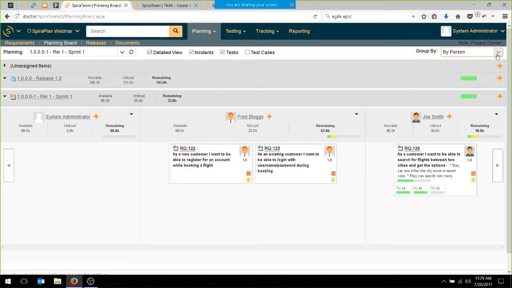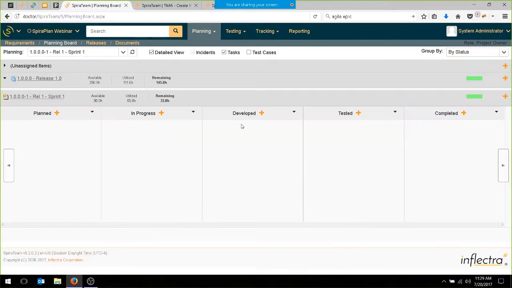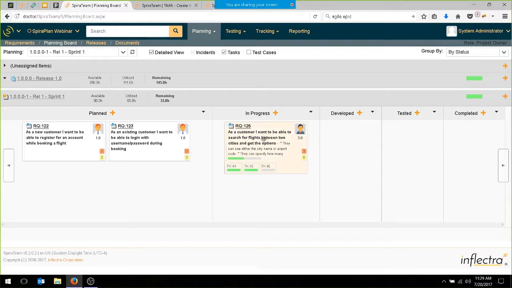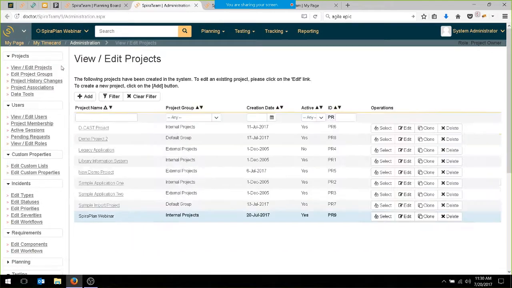And so now if we go into the by status view, we'll notice that this particular requirement is still in progress, which is correct. And the system is automatically going to move it to developed once you've actually completed all the tasks. The system has an option so that when these tasks are all done, it will automatically move it in the planning board. So if you're interested in that feature, you can go into administration and you can go into the planning board options